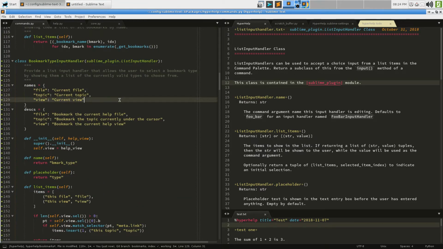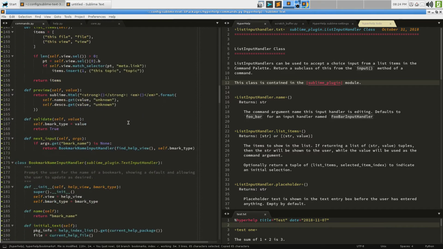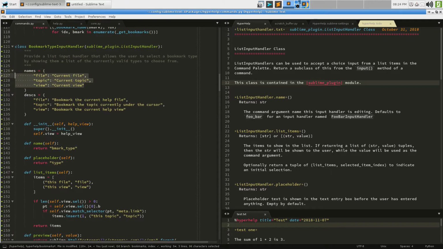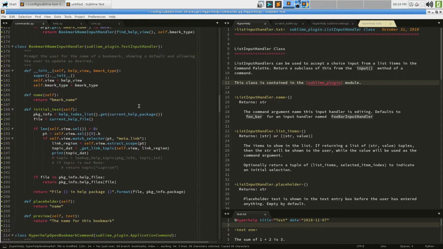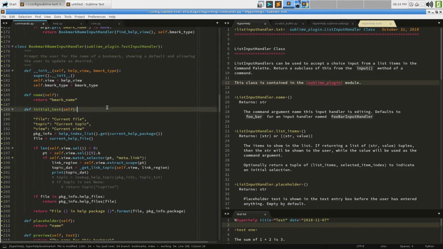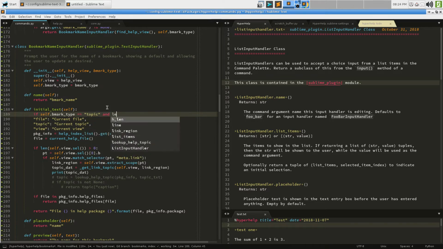Okay, so I'm going to grab those for just a second. Oh, but I'll actually select all of them so I'm not confused. And come on down to initial text. And let's work through exactly how this should work. The self.bmark type, the bookmark type, is one of file, topic, or view. So we might say if self.bmark type is equal to topic and the length of self.view.cell. For our purposes,